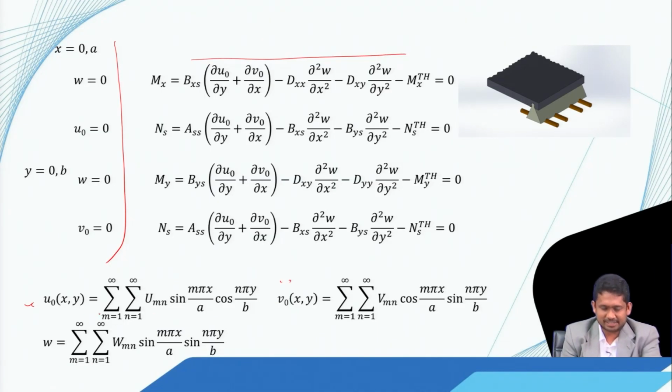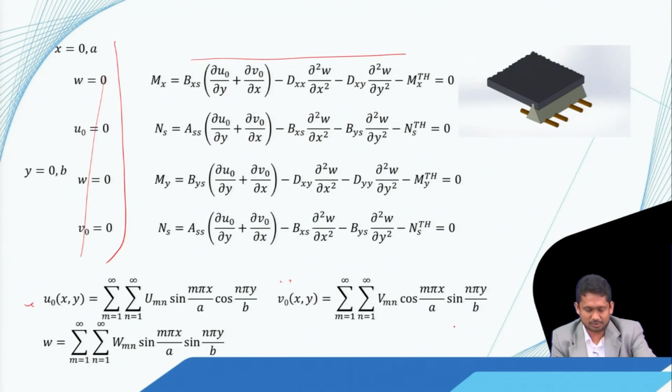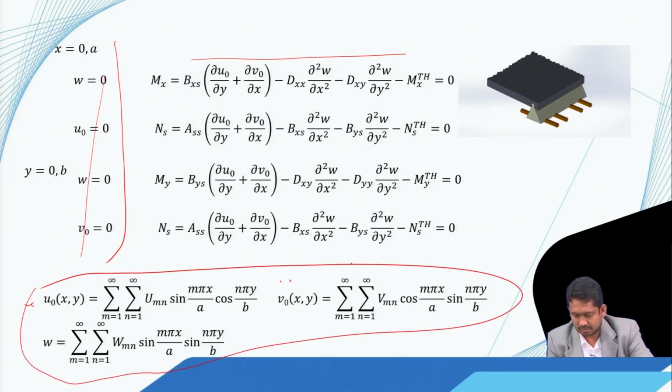Now, these assumptions satisfy these boundary conditions, but if we put this in the actual equation, we will see that we cannot have the common trigonometric terms coming out. So these assumptions are now not suitable for Navier type